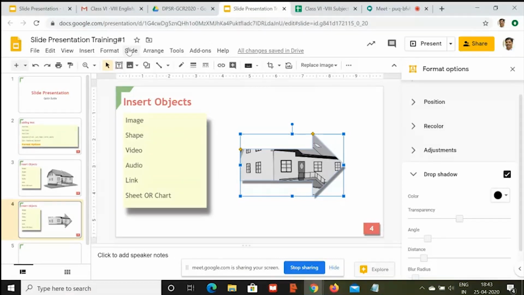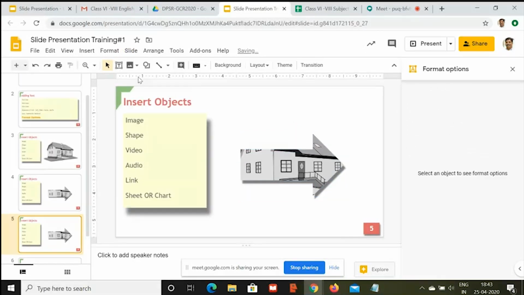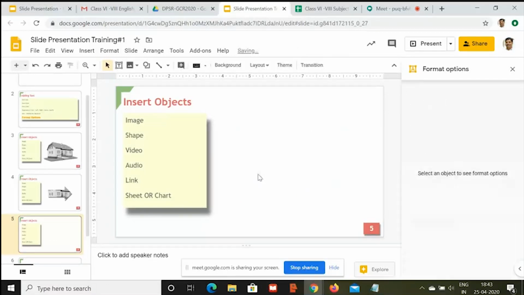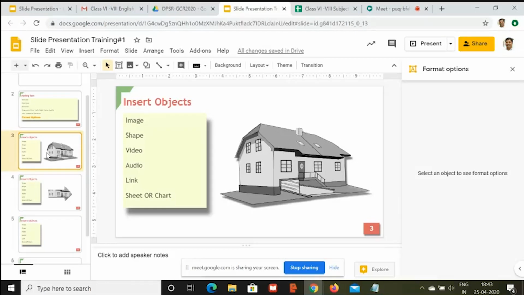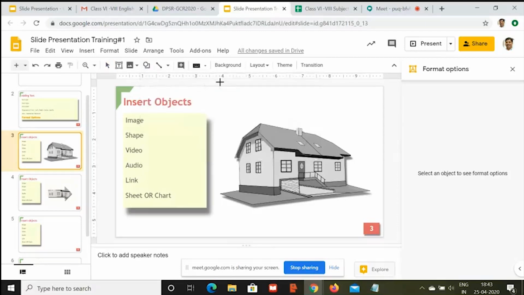So in the next slide, let's make a duplicate copy of this slide and remove the image from this slide. Now we want shapes to come, right? Now, if I want this to be a scrolling kind of thing, in this we were discussing about image. So let's make a pointer over here. I'm picking a rounded corner rectangle pointer. So I'll select this as image. It will look like a menu.